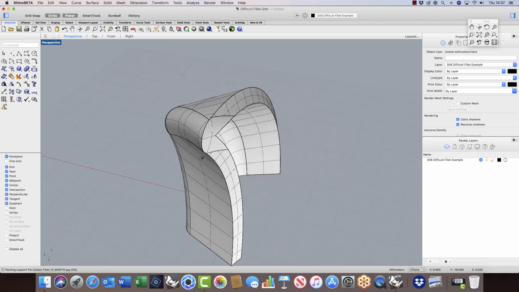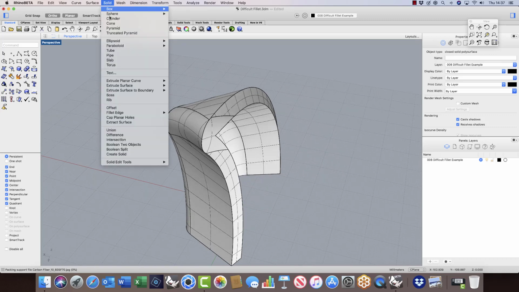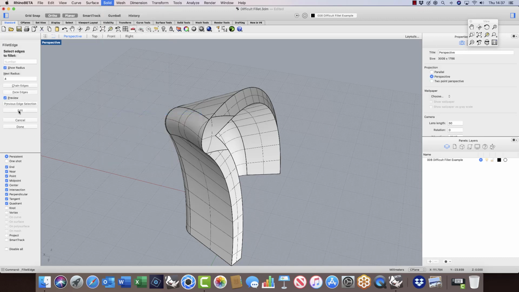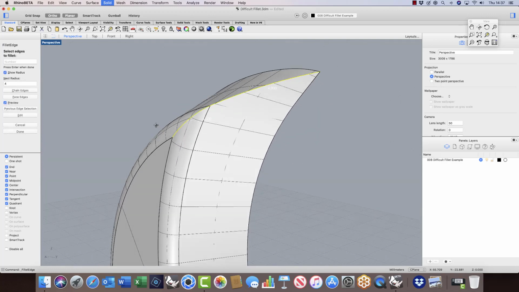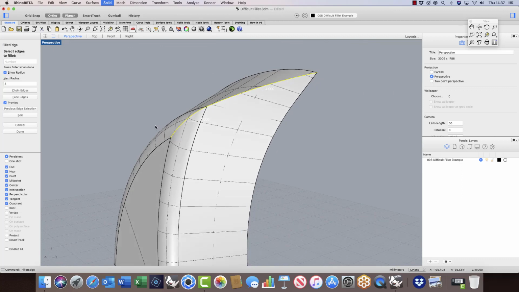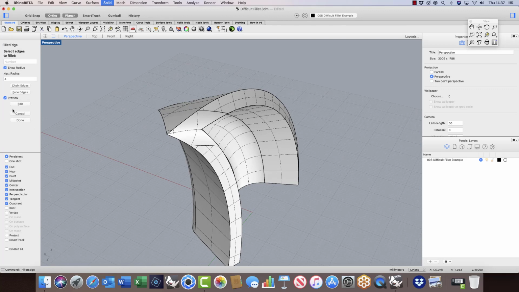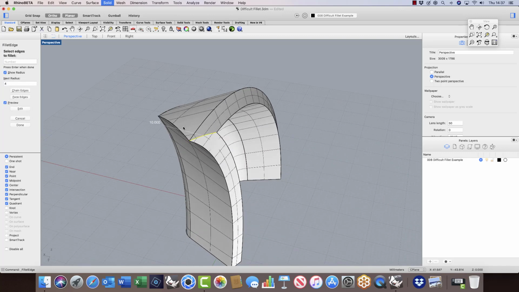So let's have a look how we approach this. I go to the fillet edge command and I select the edit option. I'm then asked to choose the object that has, in this case, fillets applied to it. I'll select this geometry here, and then you'll see the last edge that I filleted becomes highlighted. If I hold down the command key and left click, I can remove that edge from the selection, and if I then go to the edit button again here and again pick the geometry, I'll now get to the 10mm